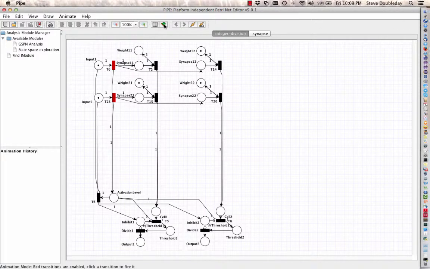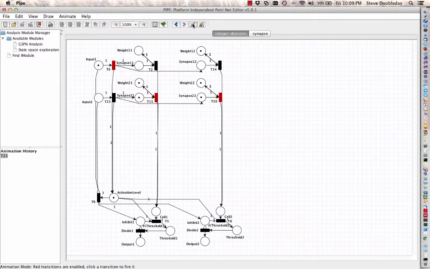Okay, we have two enabled transitions from the two input places. Let's let one fire. Okay, so the input 2 place emptied and the T23 transition fired, and it is meant to evoke a notion, for example, of an axon where we have multiple downstream synapses marked and potentially